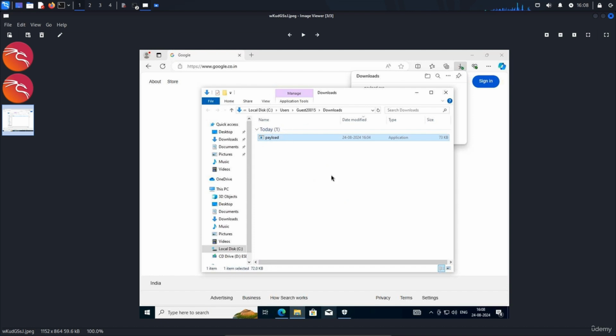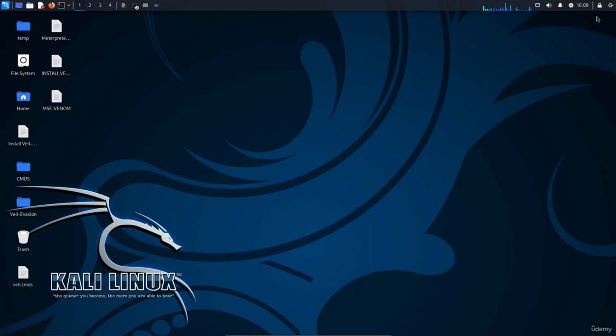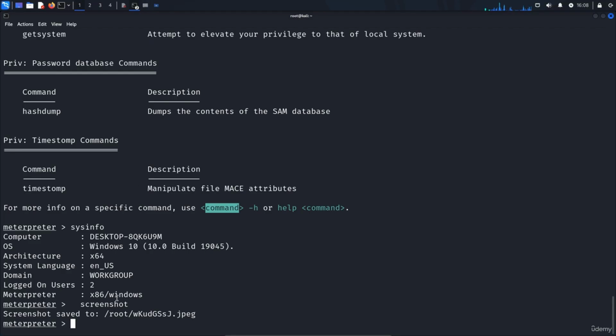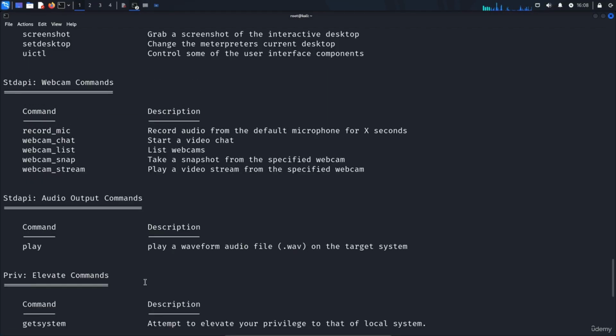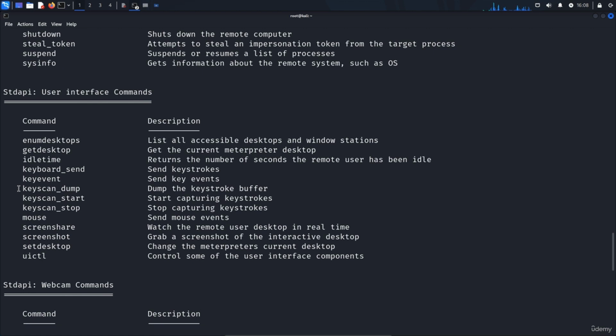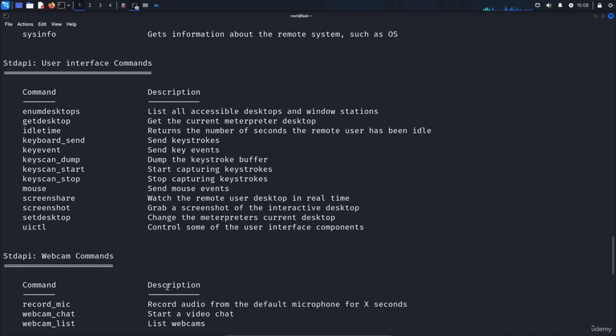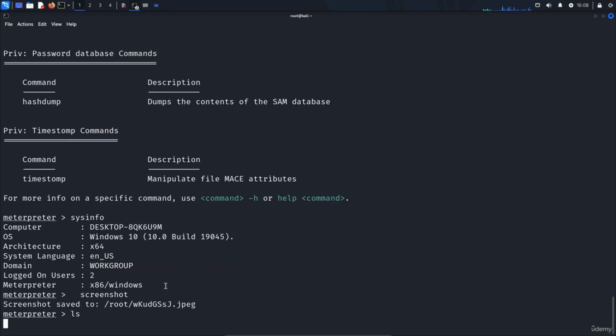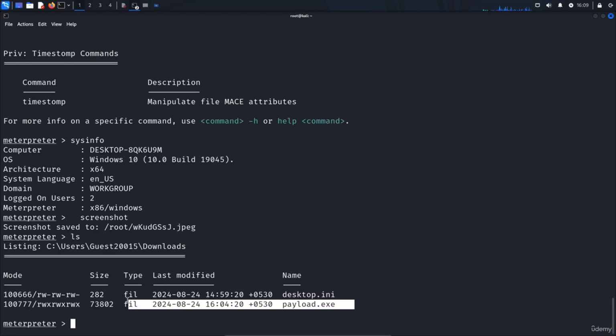So yeah, we had opened up my computer and downloads. So this is how you hack a Windows operating system using MSFvenom. And you can even use different tools like Shellter and AV evasion. You can even use keyloggers. You can take the keystrokes, such as keydump, which sends the keystrokes. You can start a keyscan, which starts capturing the keystrokes, and you can type ls to list the